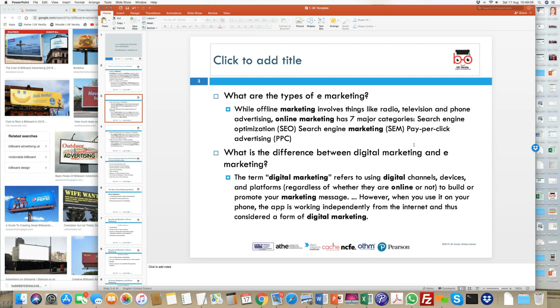Now, in order to build and promote messages, obviously you use digital marketing, and some of these signages can be dynamic in nature, and some of them can be static. That means they have a canvas or a print which has been put on, and it cannot be changed. It is static, and that does not change. So the difference in digital marketing means digital marketing refers to the use of digital billboards, but it is electronic